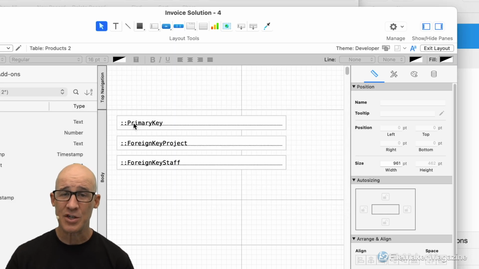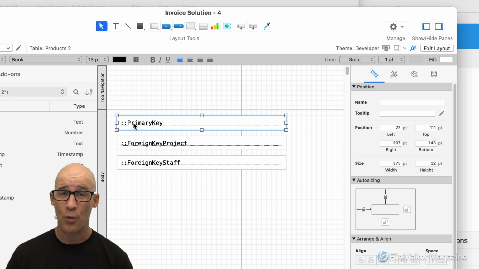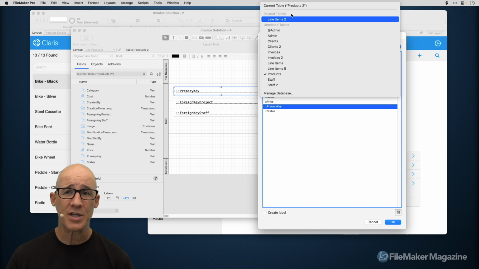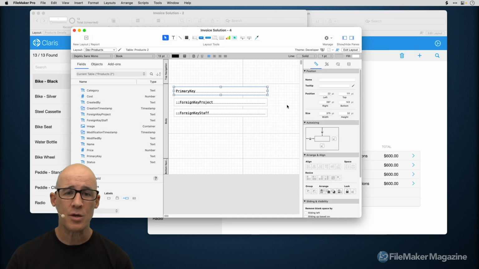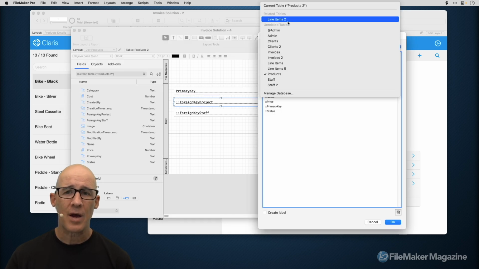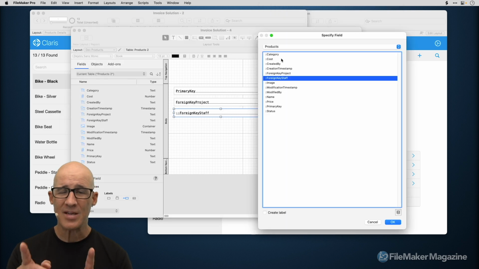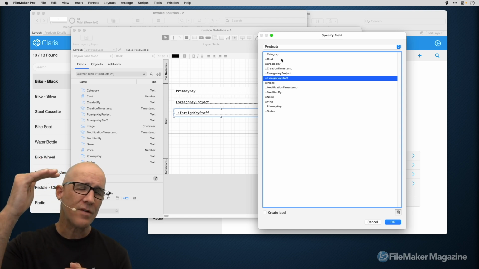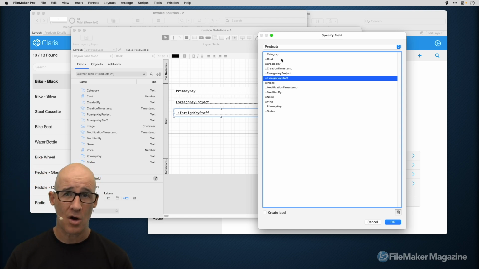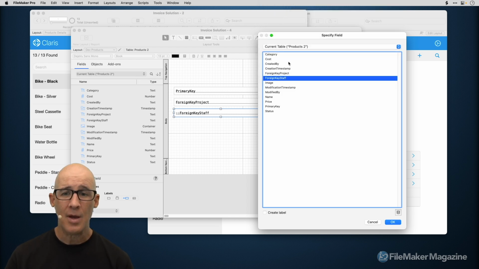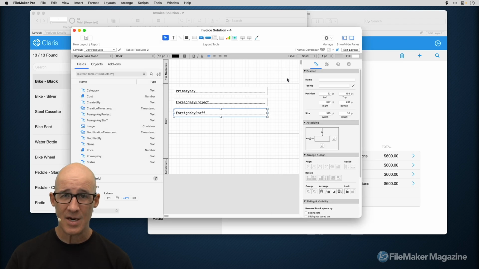I have a new context now. You can see that this changed from regular fields to now related fields. If I want these to be changed, I would have to go in and adjust my context, switching it to products 2. Fortunately for us, FileMaker retains the field selection, so it's not that big of a deal. Many times you have to decide. If you have 10 or 20 fields on the layout, what I'm doing right now, by double-clicking the field, making another selection, scrolling up to the top, then double-clicking in order to reassign that,